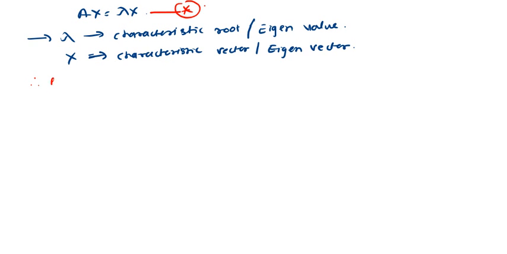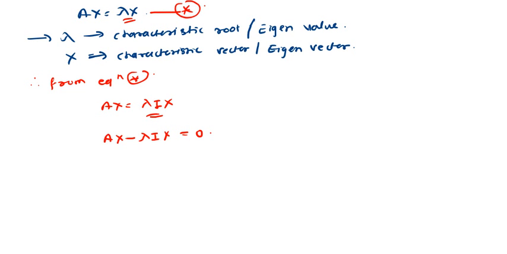Therefore from equation star, A x is equal to, suppose I multiply by I inside, it doesn't make any difference, lambda I into x. I will take the RHS term to the left side, so this becomes A x minus lambda I x is equal to 0.